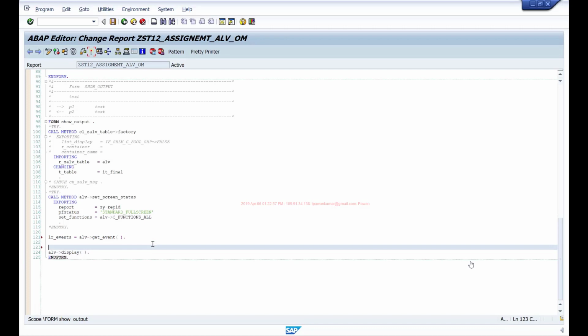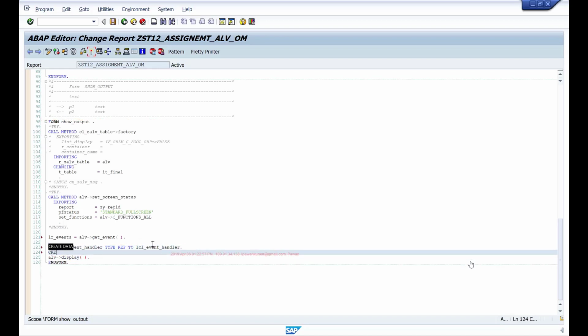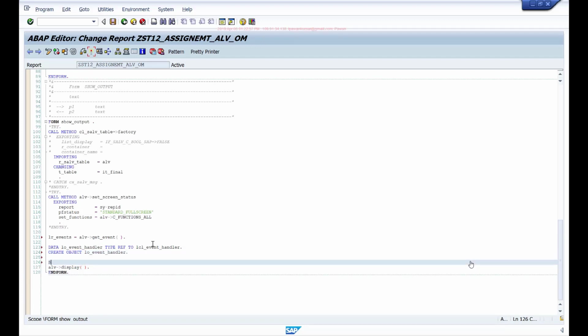I'll have to set the handler. So I'll say data lo_event_handler type reference to my local class lcl_event_handler. I'll instantiate it, create object lo_event_handler, and then I'll say set handler lo_event_handler->double_click.